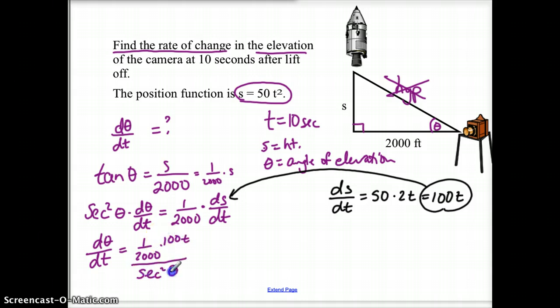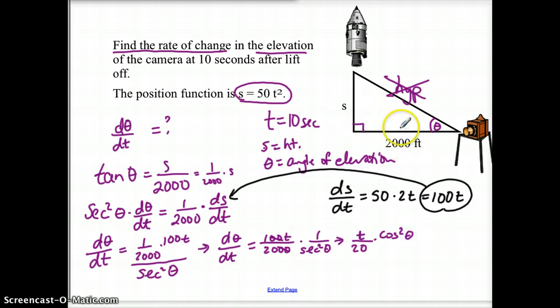times 100. Multiplying by secant squared is the same as multiplying by the reciprocal. 100 divided by 2,000, and then times the reciprocal, so 1 over secant squared. But remember what secant is. Secant squared theta based on this,